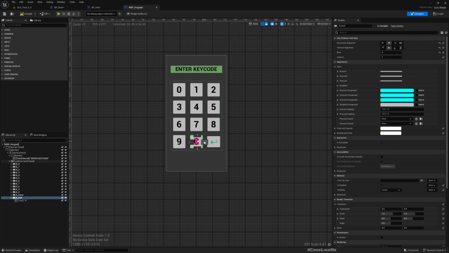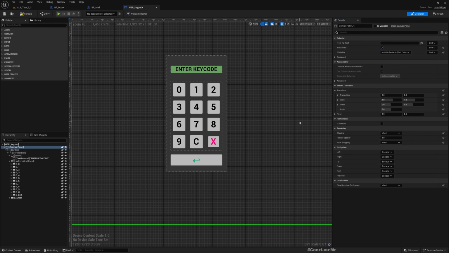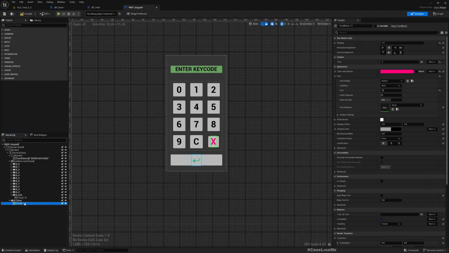Put it back here, X. Then I'll move this enter outside the grid panel like this and make it larger. That's better. And instead of saying enter, I'll say